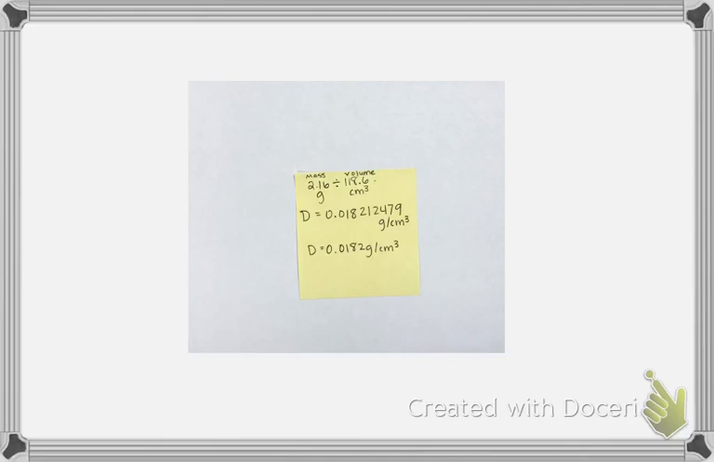So basically what I've put on this Post-it is just a sample density problem. You've got the mass and the volume that have been measured. We don't know how it's been measured. We just know that we've got a measurement of 2.16 grams and a volume measurement of 118.6 cubic centimeters. So density is equal to mass divided by volume. When you plug this into the calculator, you're going to get this really long number right here, lots of